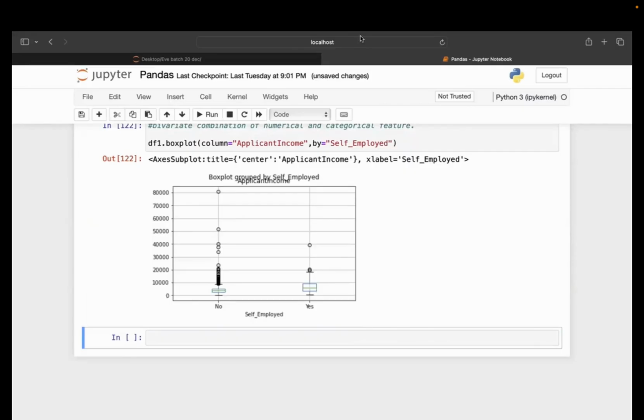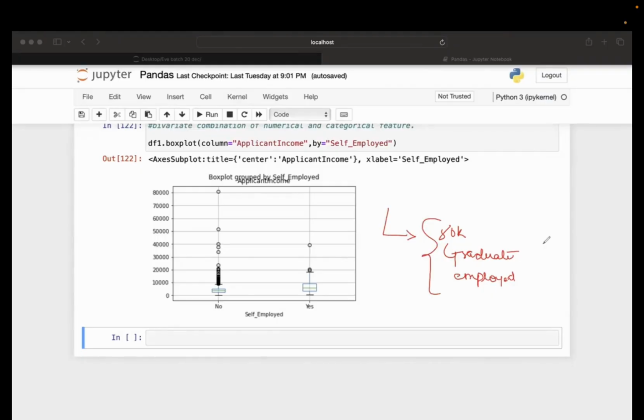So that 80,000 rupees applicant income person, okay, let's draw the conclusion. The person earning 80K was a graduate, and he is not even self-employed, which means he is employed under some company. That comes with the highest security, right? So that's how we can judge if this person can be an important customer for us